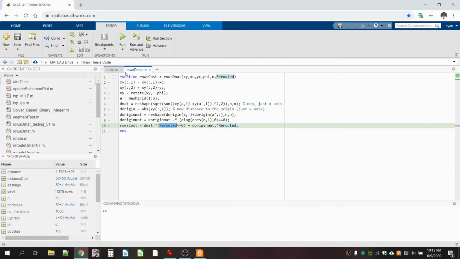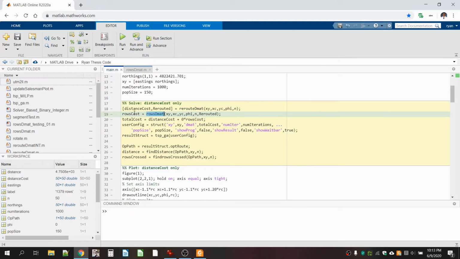So that just makes sure they are run in the correct order. Okay, so once you find those two, that's the hardest part about what I did, was finding those two matrices. And so for the genetic algorithm, it needs a cost matrix, which in how I've set it up,